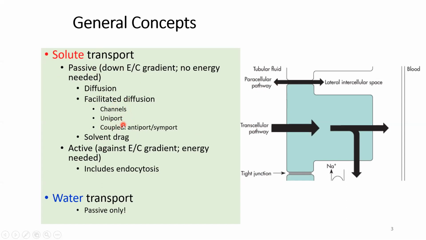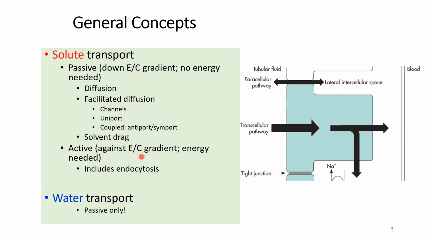Channels, symport and antiport mechanisms. Solvent drag is when the solvent is moving and it's dragging along solute. Sodium and water transport is an example of solvent drag. Then active transport is the famous example of sodium potassium ATPase, in which ATP is used,